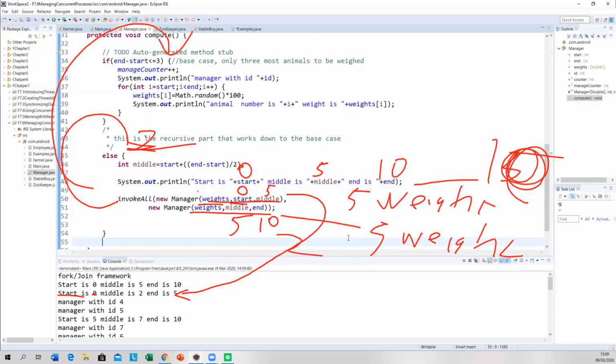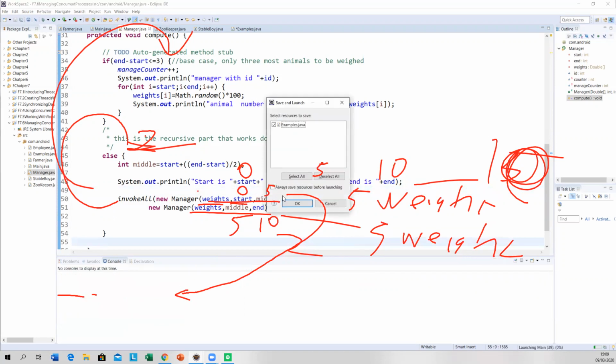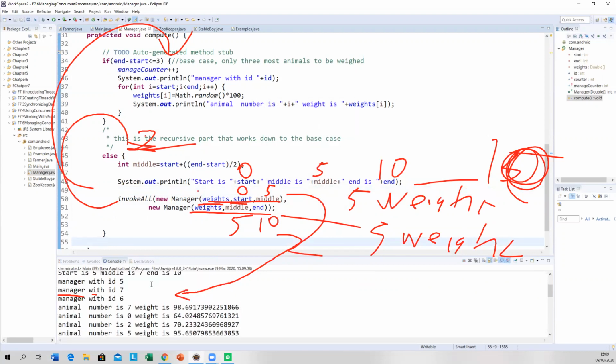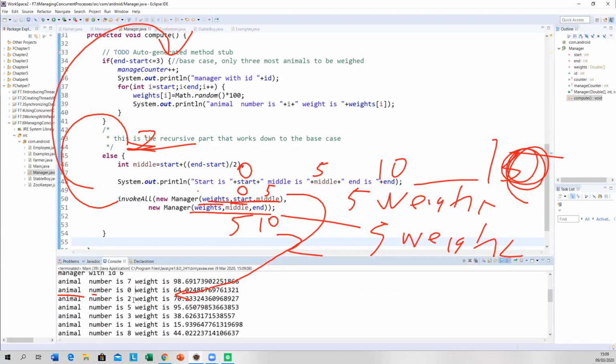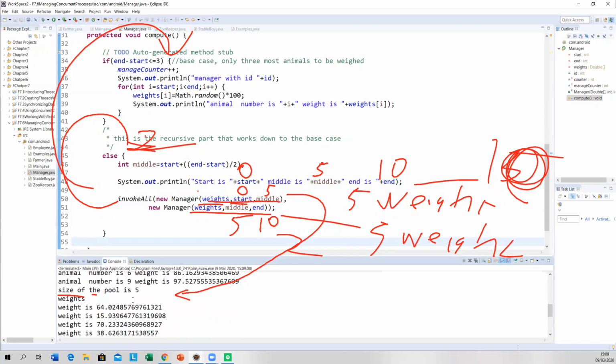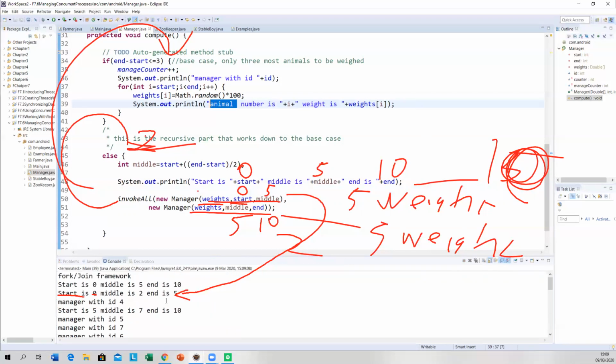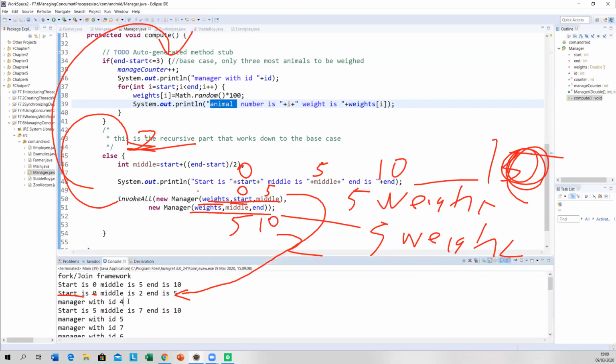So I'm going to run it. So we can see manager with ID 4, manager with ID 5, manager with ID 7, manager with ID 7.